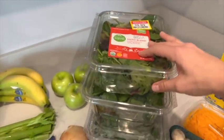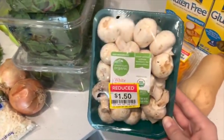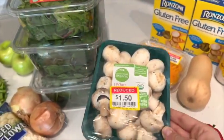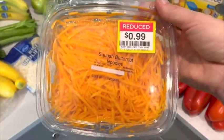I must have just came in the nick of time when they were putting things out, because I also got these beautiful mushrooms. They're organic white button mushrooms for $1.50 for a pound. Yes, that's amazing. I also went ahead and grabbed this because I can use this tomorrow for a quick lunch